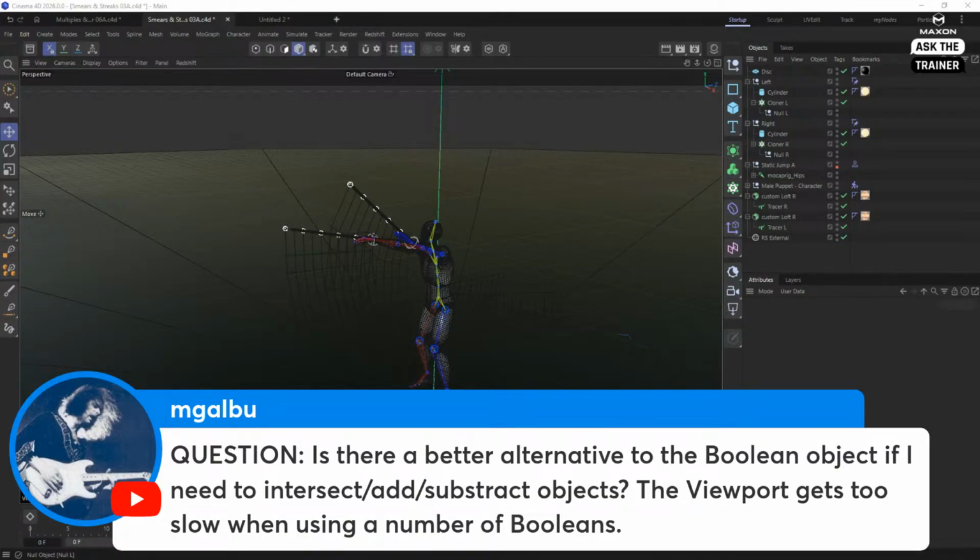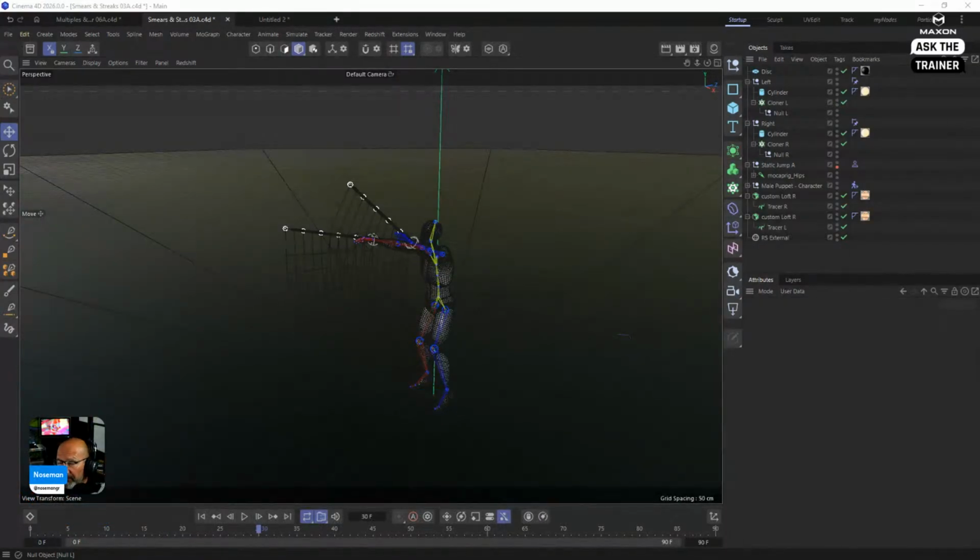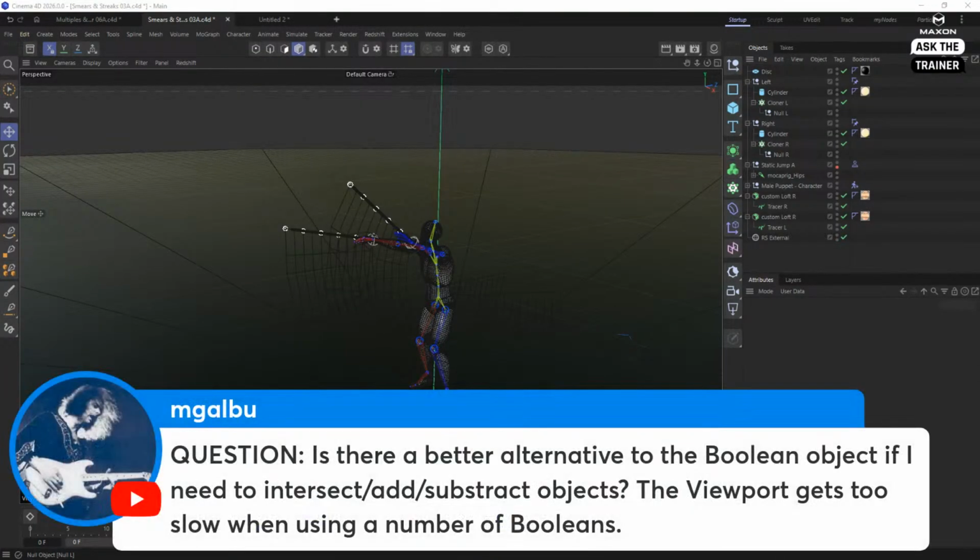Is there a better alternative to the Boolean object if I need to intersect, add, subtract objects? The viewport gets too slow when using a number of Booleans. Well, the current Boolean is faster than the previous one. And the previous one, the legacy one, is in some cases, well, try the legacy. If that doesn't work, no, there's nothing else you can do if you want to do these things.